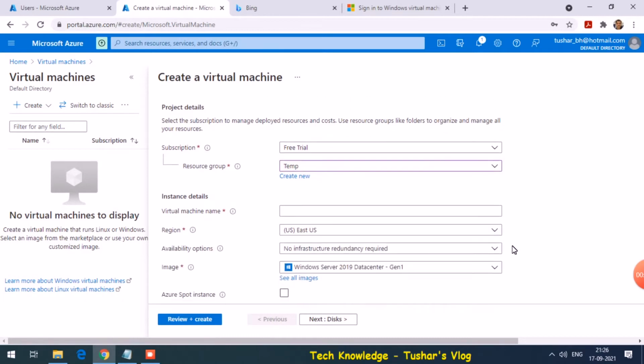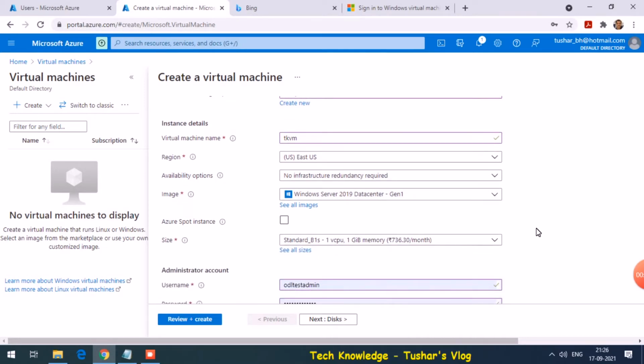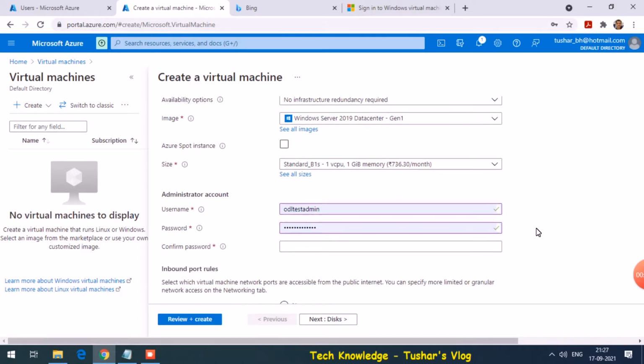Let's choose the temp resource. VM name TKVM. Region, the default one is fine. Image Windows 2009, we are okay with that.